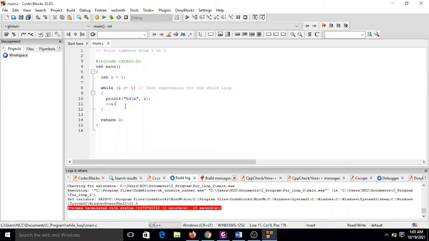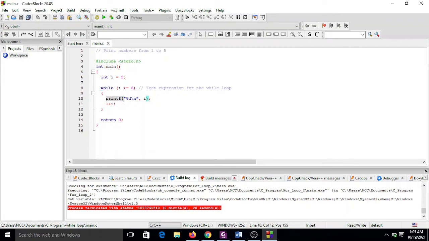But also you have to note that because you are using a while loop, there has to be an increment or decrement, because without an increment or decrement, there's no way the while loop will be terminated. If you don't put in an increment in this case, if I is not being increased until this condition is false, this loop will never be terminated. So that is why the increment statement has to be put here within this while loop, which means